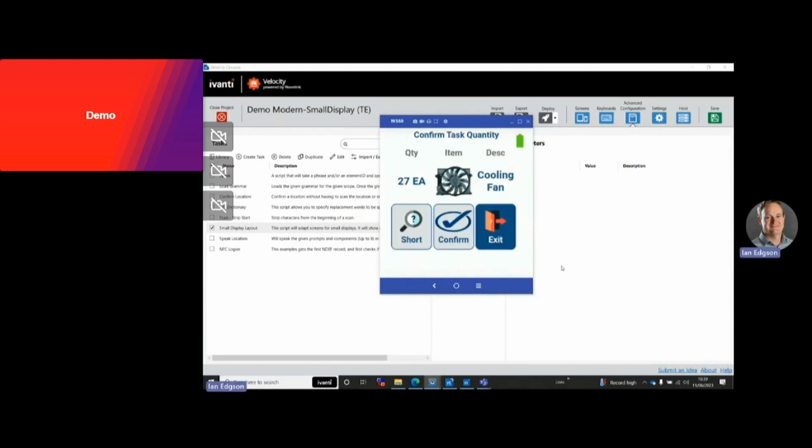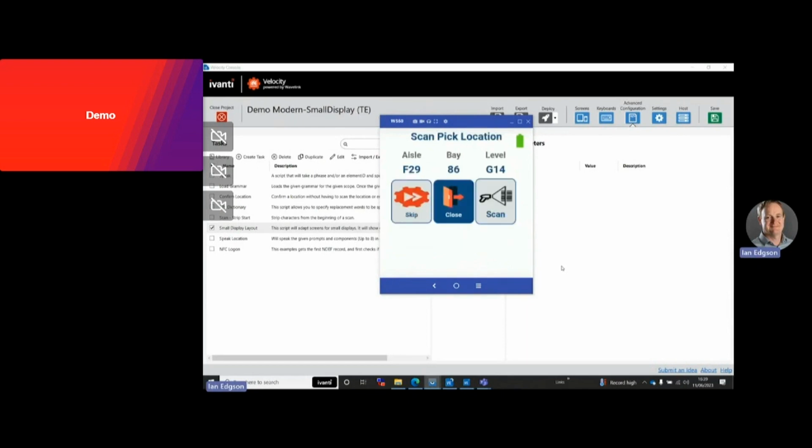And I'm going to go, and again, we've got the image on the screen, we've got the quantity that we're needing, and we've got a confirm button. But again, the clever use of an image there with a tick to emphasize what that particular button is doing. So if I confirm that, it's going to send 27 to the host,